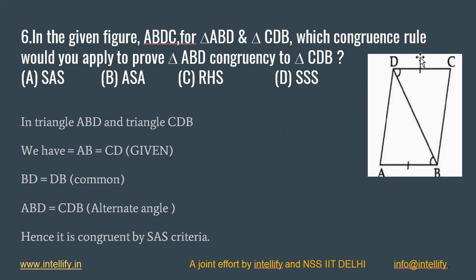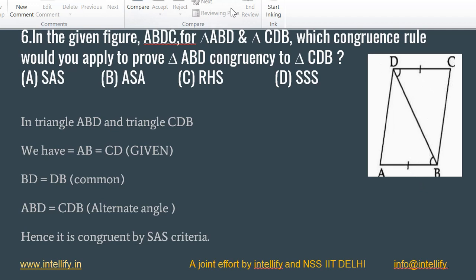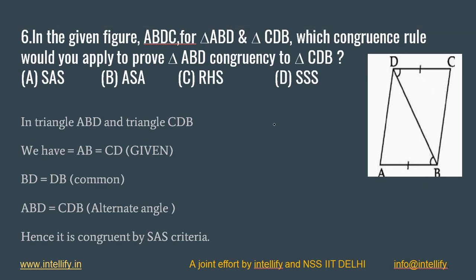तो हम ऑब्जर्व करते हैं इस ट्रायंगल को। आप देख सकते हैं पहले ABD एंड CDB में कि हमें AB एंड CD दिया हुआ है, ये दोनों गिवन हैं कि ये दोनों इक्वल साइड्स हैं। सो नेक्स्ट पार्ट पे चलते हैं कि BD जो कि है वो दोनों ट्रायंगल का कॉमन पार्ट है, जिससे हमें पता चल गया कि BD कॉमन है।